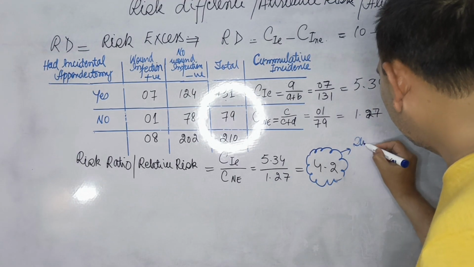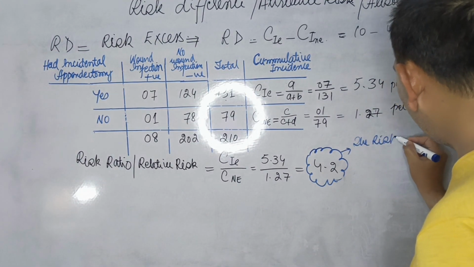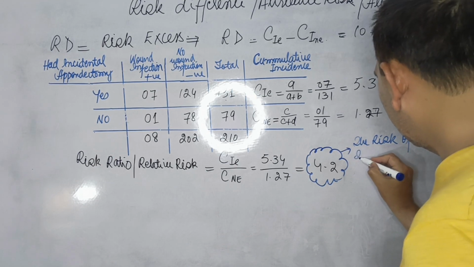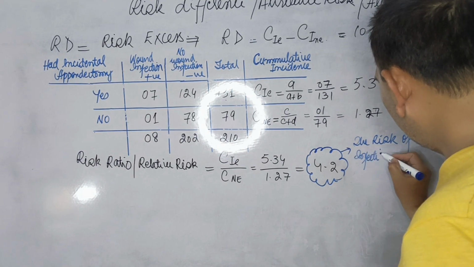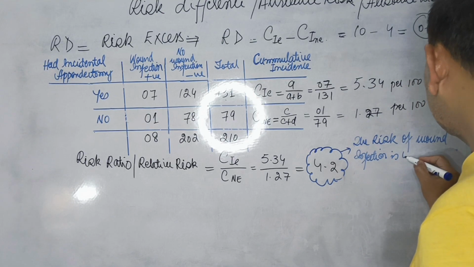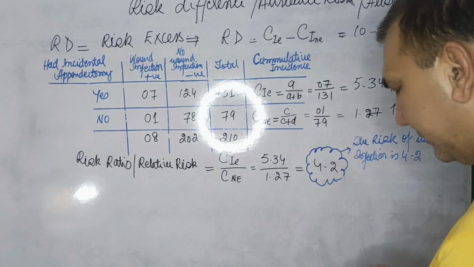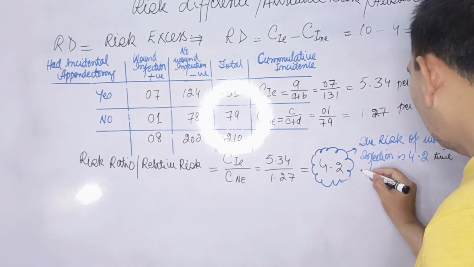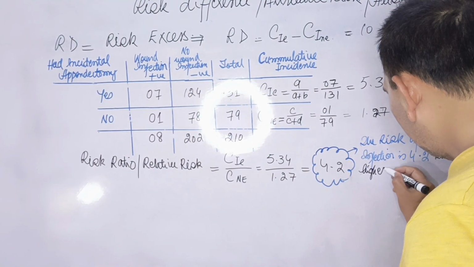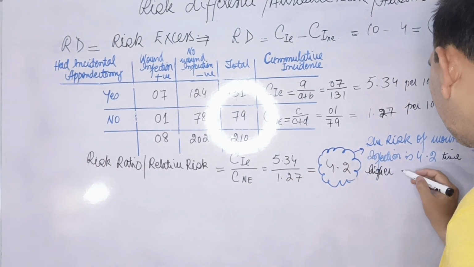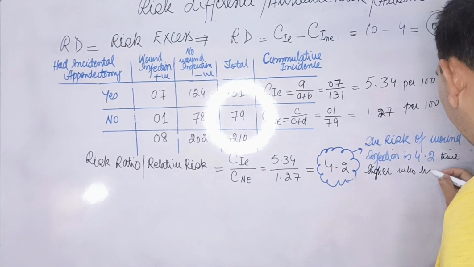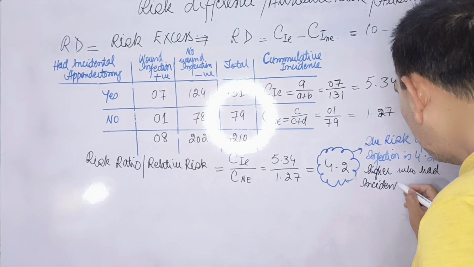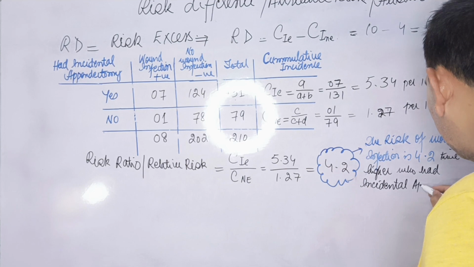The risk of wound infection is 4.2 times higher who had incidental appendectomy,